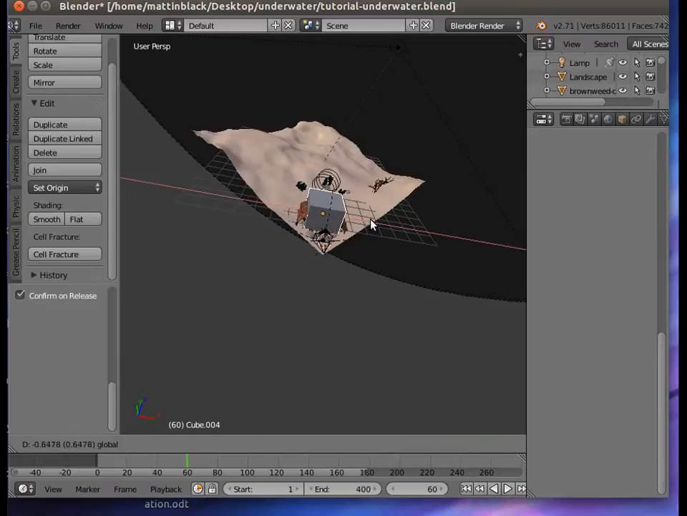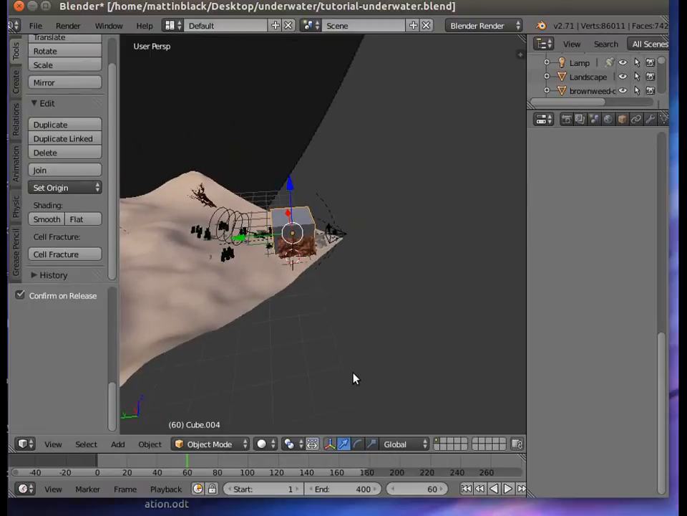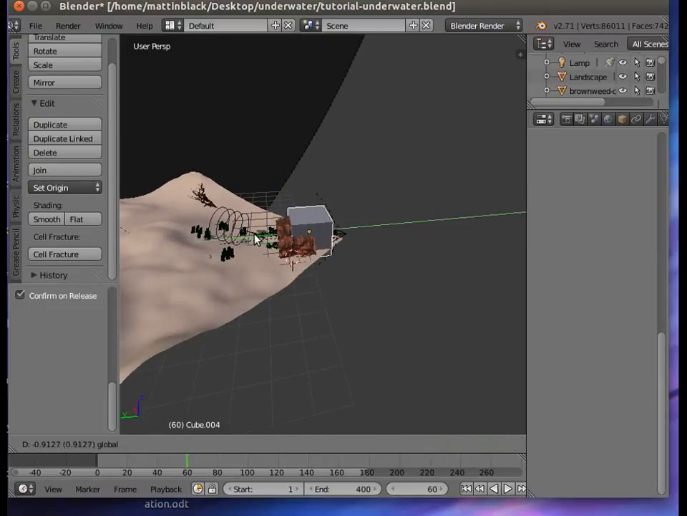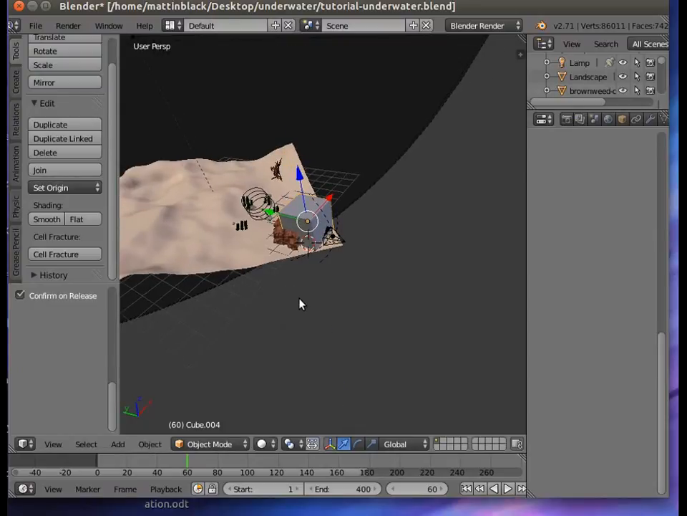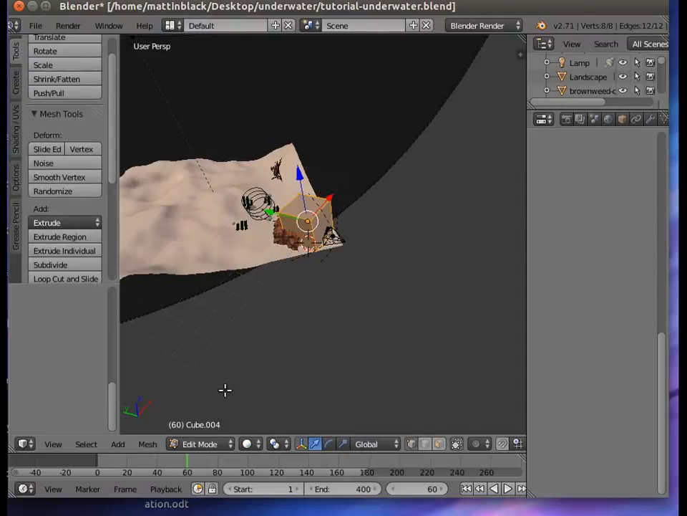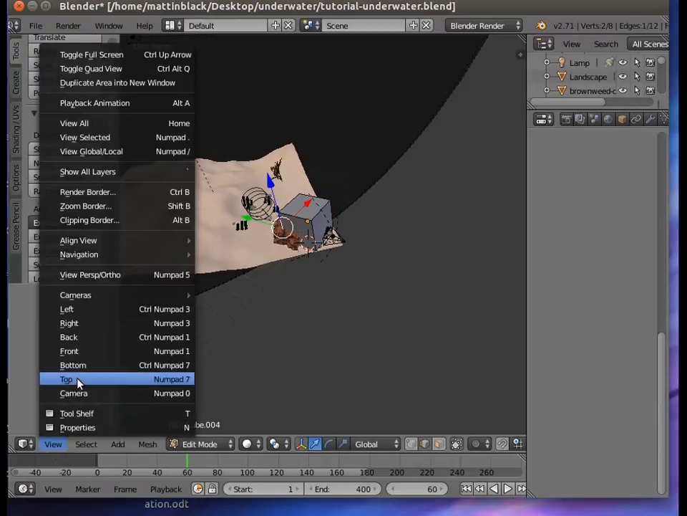Now the important thing is that the camera can't see the edges of it, but we don't want it so huge that it's like the size of the known universe. So what we do is we just take this cube and edit it from the camera's point of view. So if I go into edit mode now, I'm going to go into edge select, which is that one. Select just that edge, view camera,